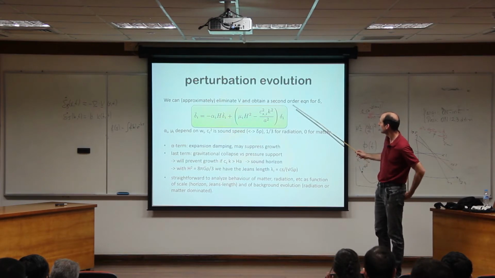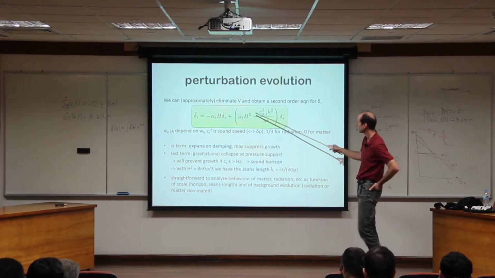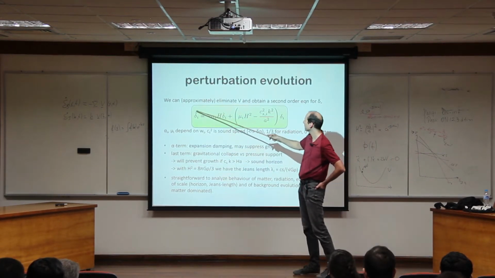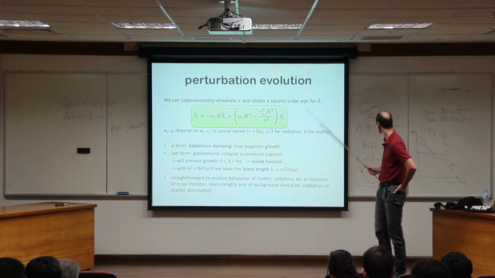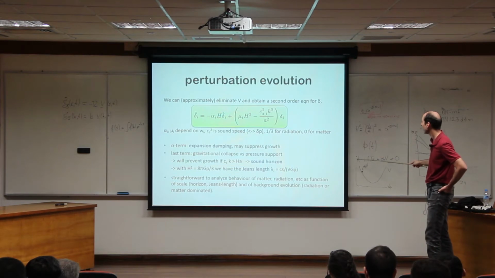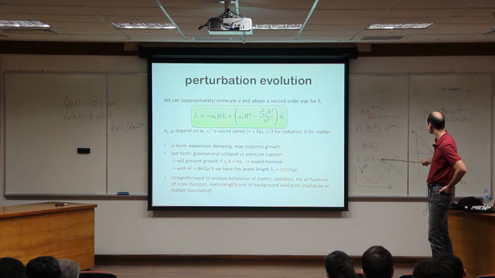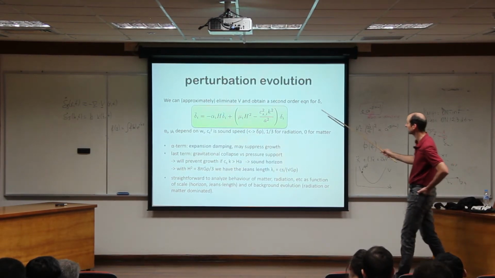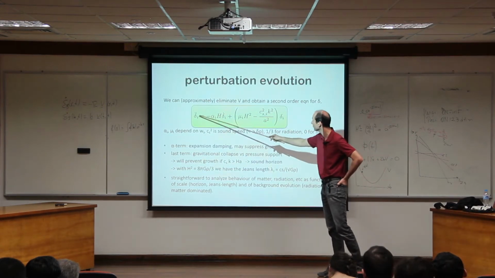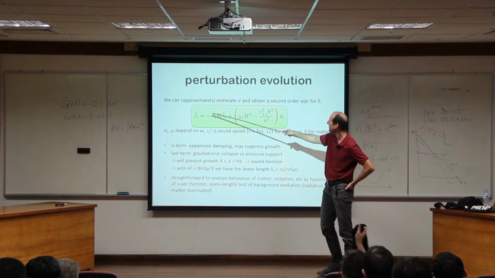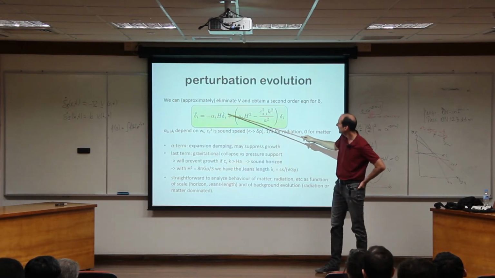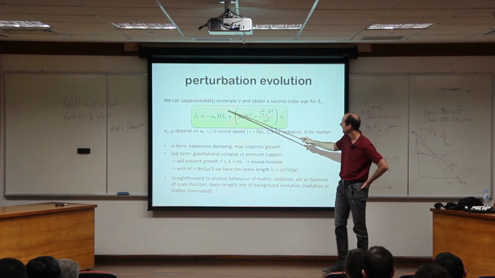Okay. So typically, for the evolution of the perturbations, you can approximately write it as a second-order equation of motion. And actually, this is again more or less an equation like this, except I have replaced the gradient of the potential. So it's again a second-order equation for the density perturbation. And so this is the acceleration of the density perturbation. This is again a friction term.